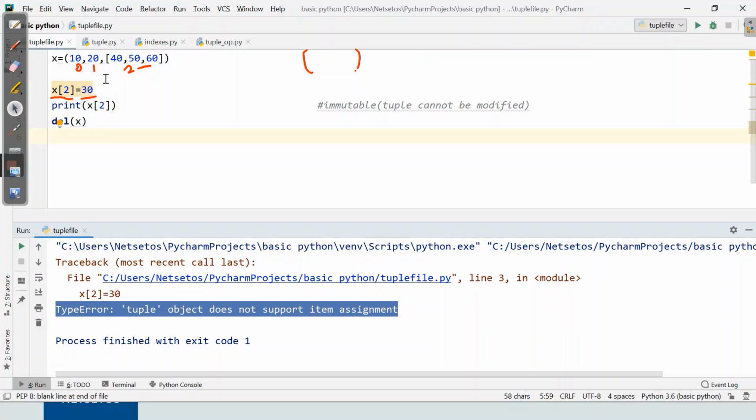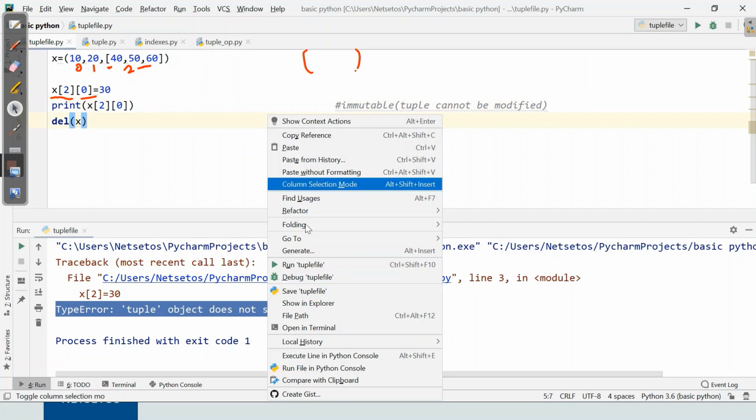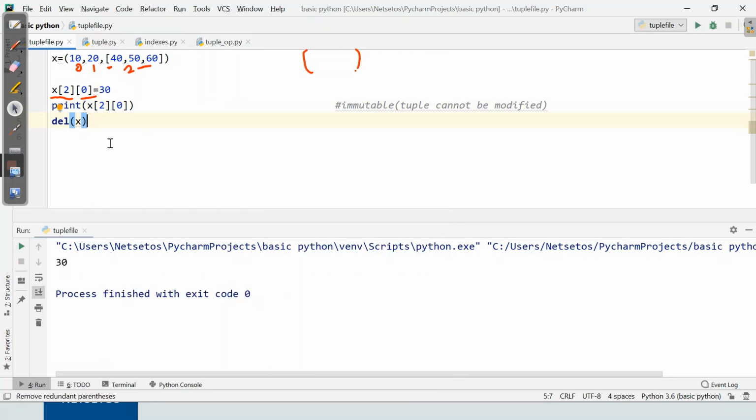Instead, if I want to do it in a list, this is a list over here, and if I want to make changes in 0, 1, 2, here instead of 40, I want to make it 30, and then we will print this. Yes, it has taken because list is mutable. That's why we say list is mutable, because we can replace, we can append, or we can delete values from here. Whereas if we come to delete,